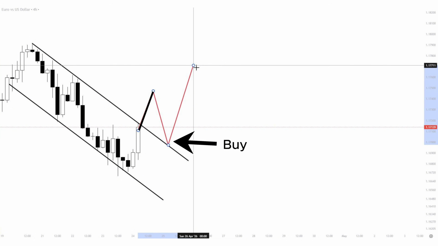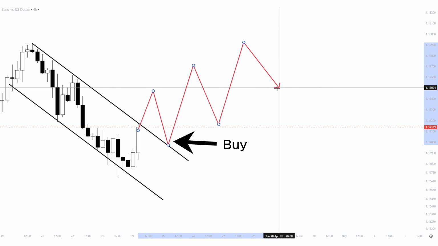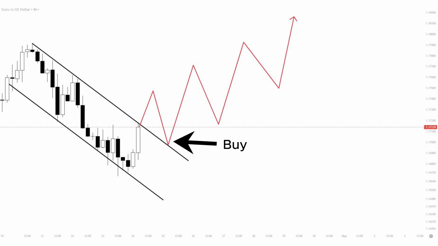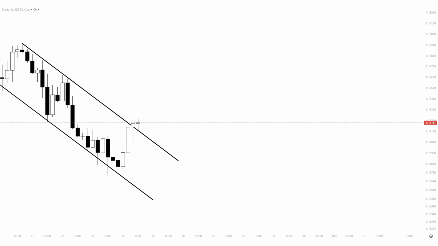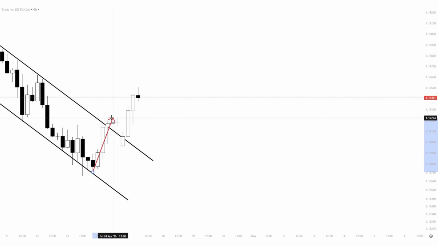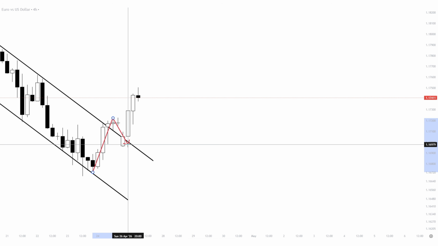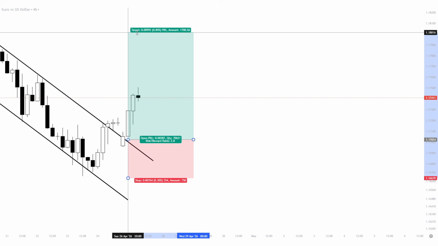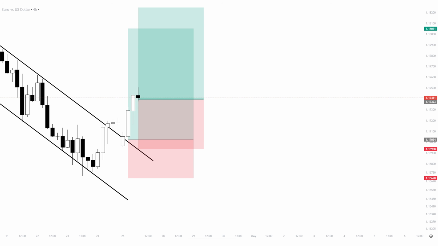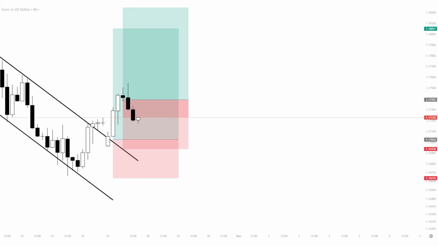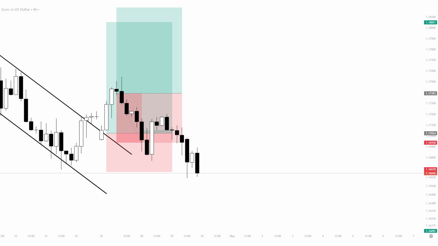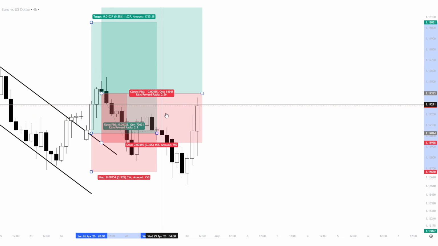If it breaks the downtrend channel, then it means that we now enter into an uptrend, and a similar thing should happen, but for an uptrend channel. So let's see how that plays out. We get a break to the upside out of the downtrend channel. So you would now expect an uptrend. It also pulled back, retested, and then bounced to the upside. When they see this happening, they're rushing buy setups because they now expect an uptrend since the downtrend channel has broken to the upside. But what happens next is that the price pushes back down and hits their stop loss,